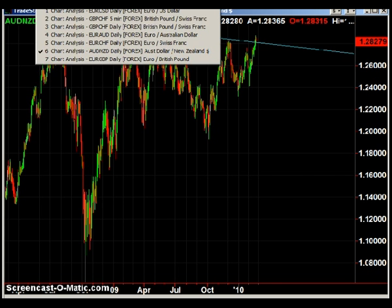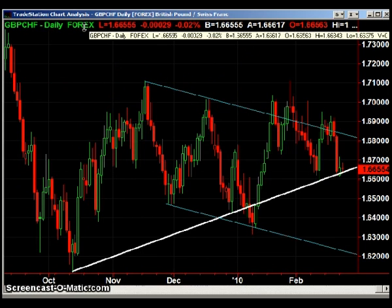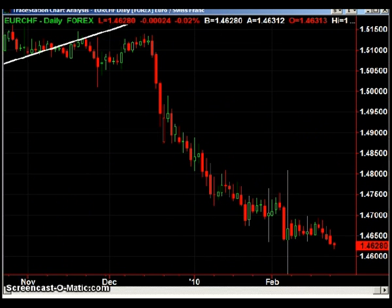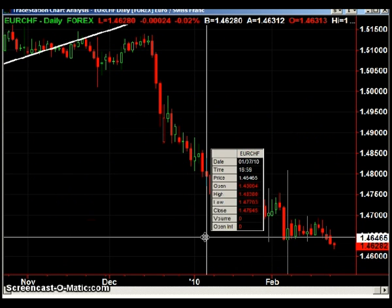The next chart is the Pound Swiss, and again, we're just trading the Euro Pound. The Pound Swiss has been acting as the inverse of the Euro Pound, so I'm just going to stay on the sidelines. The Euro Swiss, if you recall, during the past several reports, we had some long trades against the